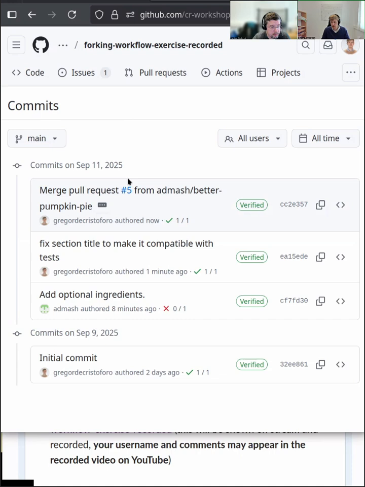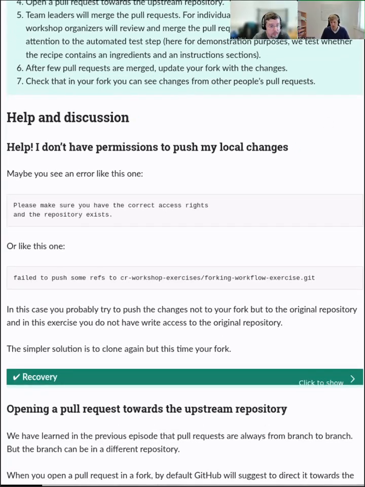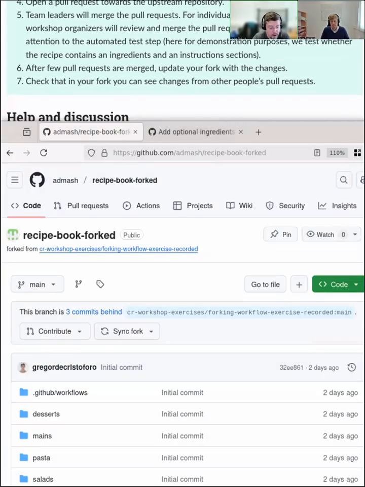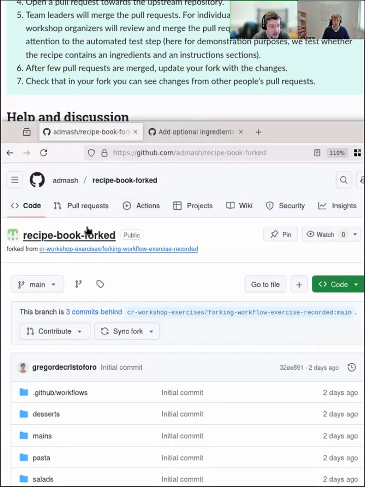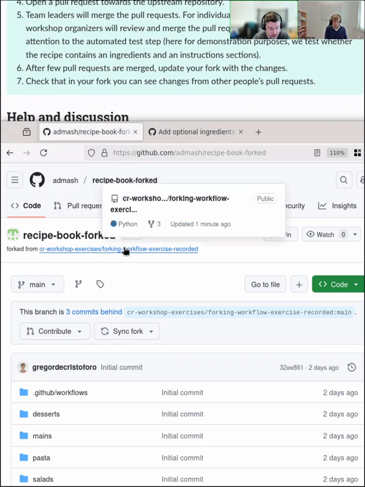Okay, but now there's the next step in the exercise, Andrew, which you have to do on your side, synchronizing the two repositories. Yeah. Okay, so as it says here, after a few pull requests are merged, update your fork with changes. So let's see what that's all about. So here we are at main here in my own repository. There's my account. This is the repository that I named, and this is where it's from.